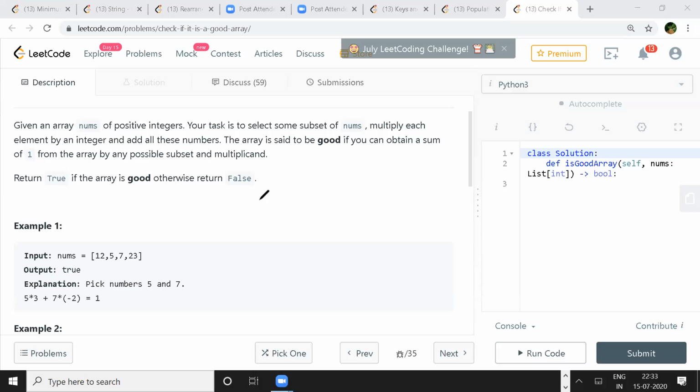Some theorem also, this ax plus by, some Fermat theorem, or I'm not remembering. It's Bezout's identity, something like that. Rajat's solution is a good one. But the only thing is if you are able to explain it well there, because they surely will ask, if you find the GCD, if it is 1, how are you going to come up with it? Maybe we'll have to come up with some examples.